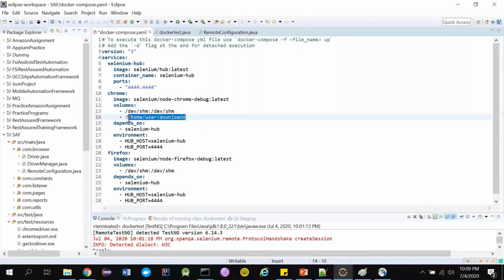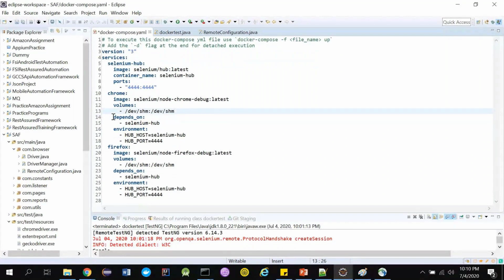If you want to get that from the container to your local, because if it's there in the container, nobody knows it, we need to bring it out of the container. So what I'm telling is, bring it to some folder called user/downloads in my local. It will not actually transfer all the files from here to here. You can imagine it's transferring, but it's not actually transferring. You can actually see the files from there to here. So if you are doing some downloads, you need to do this volume mapping, guys. They may ask you in an interview, or you may come across this in your testing. So make sure that you do the volume mapping properly so that you can access the downloaded files.